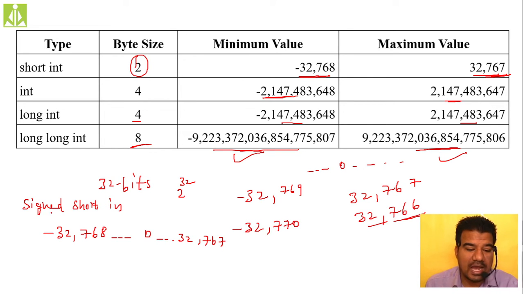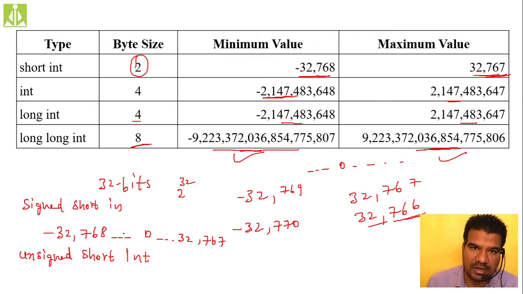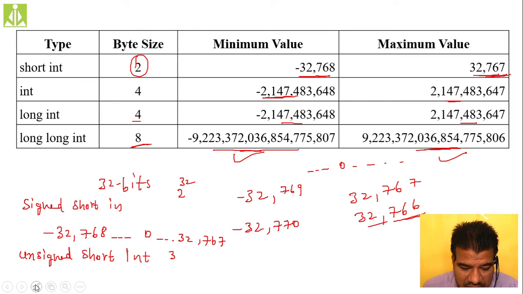But if you store unsigned short integer, then what will happen? Unsigned short integer in the sense there is no sign, we will store only positives. So then what we said, the range will get doubled. If you are not dedicating any bit to store the sign, then the range will get doubled. So how much range will you get in this case? Yeah, this we already have here. So I will just take the eraser to erase all these things.